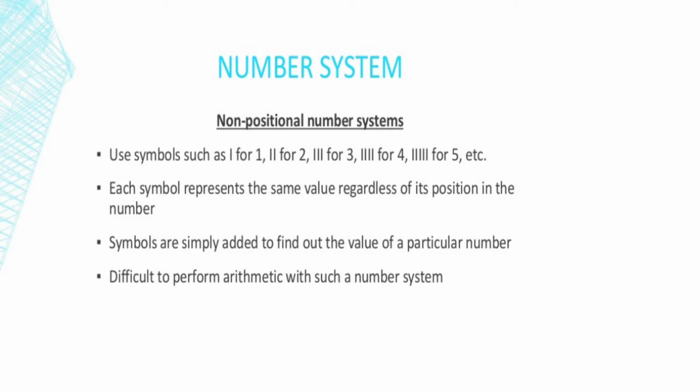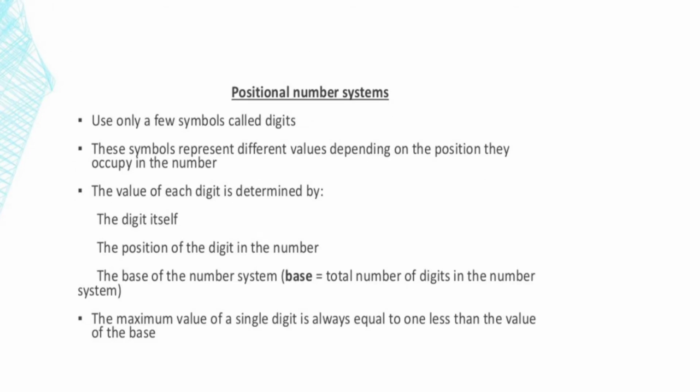What is the difficulty with this system? The difficulty is that the symbols are so difficult to work with that you cannot perform any kind of arithmetic calculations on them. We need to perform all the arithmetic calculations like plus, minus, multiplication, division, as well as other calculations which are there in our daily life. You cannot perform all these things on this. So to overcome this, we introduce another system which is called the positional system. Let us see what we do in this positional number system.